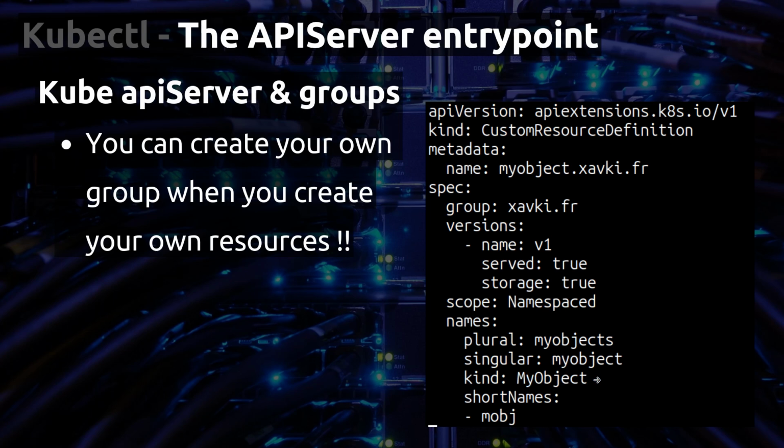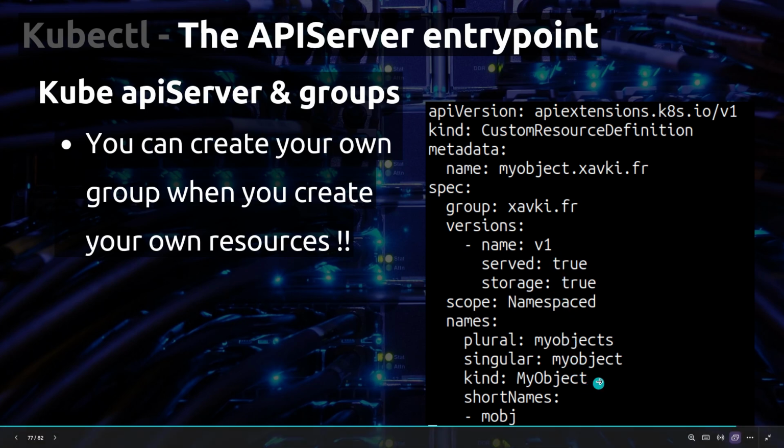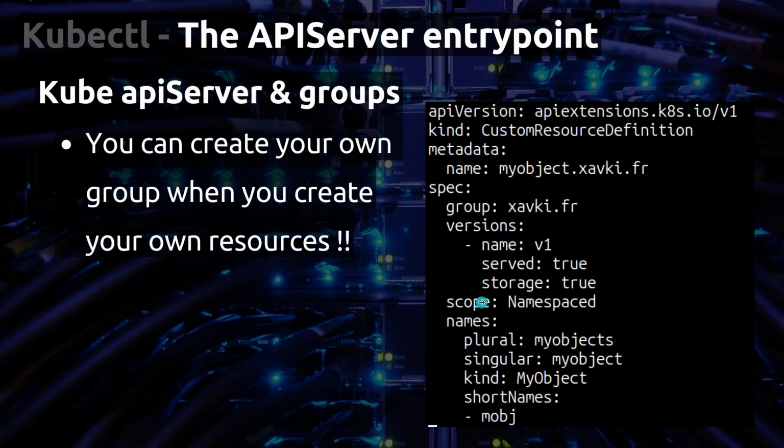So this is a new resource, like for example pod or deployment or service, but with this manifest, when we push it through the API server, we create another kind of object, like pod or deployment, named my object. This is very interesting to do. We'll see it later. Of course, we need to learn many things before going through this element.